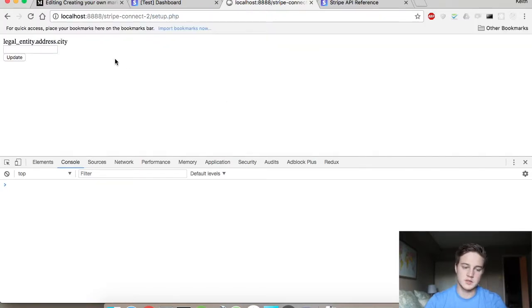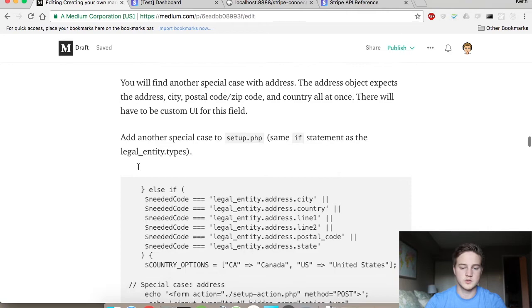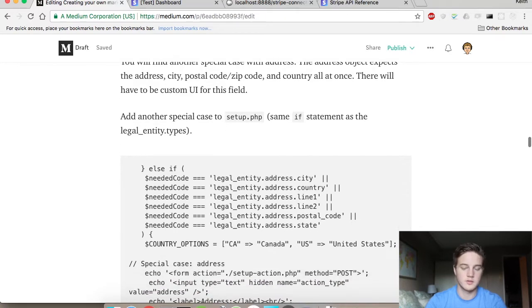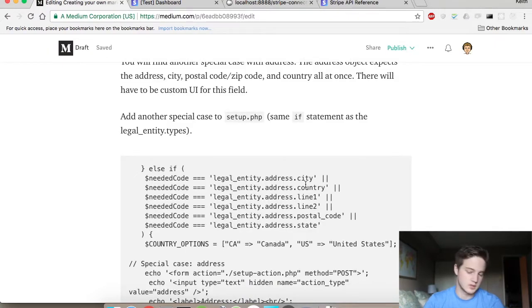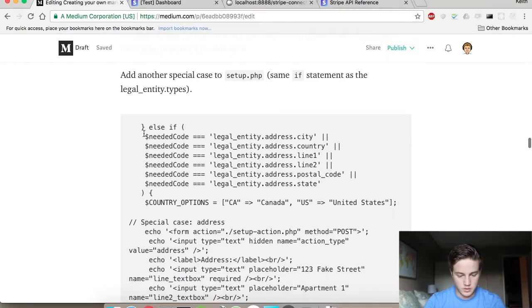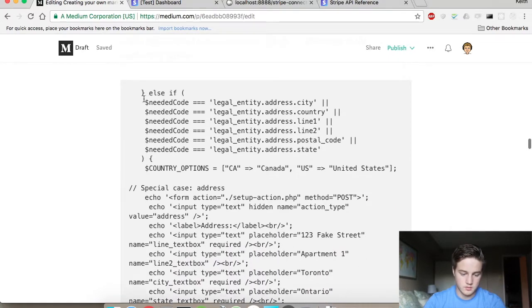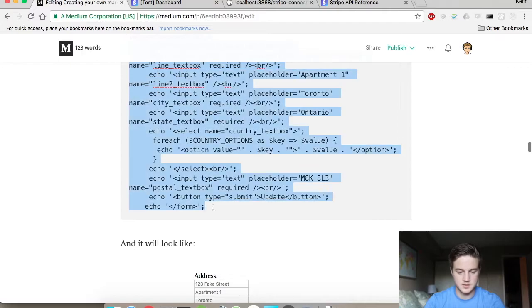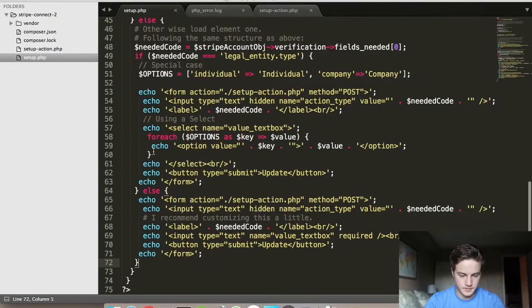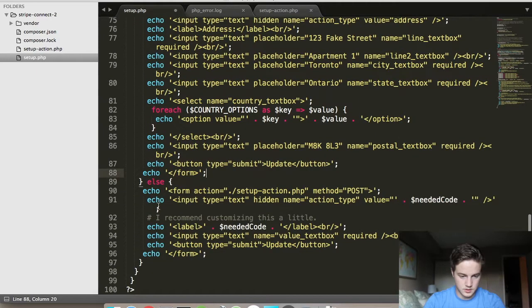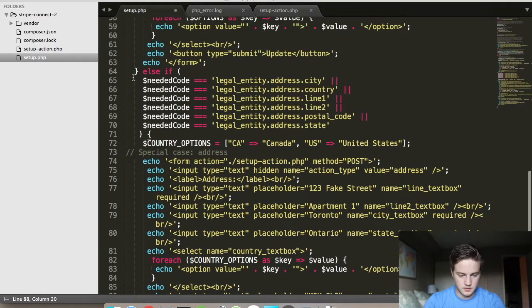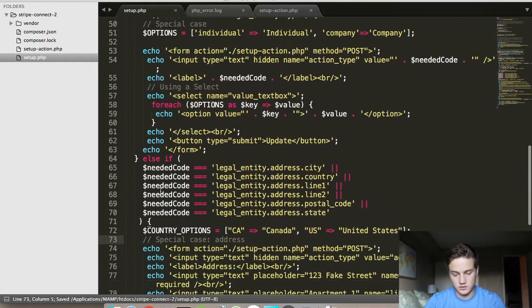Okay, and based on the document, based on this posting, you'll see that we hit another error. This is another special case. Address, you need to enter the entire address. So this is city, country, line 1, line 2, all that. And with this, we have to create another special case on our front end. So in setup.php, hit down. Hopefully these are all lined up. In this if statement, so if needed code, if it's this, then,